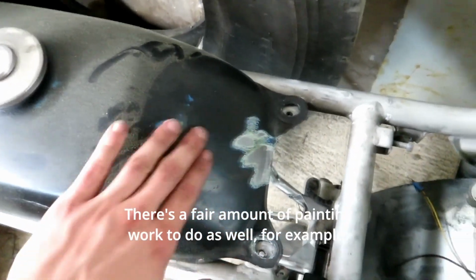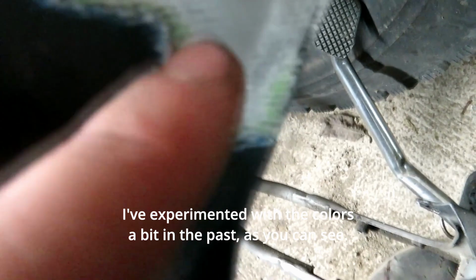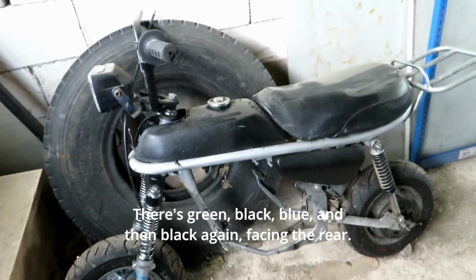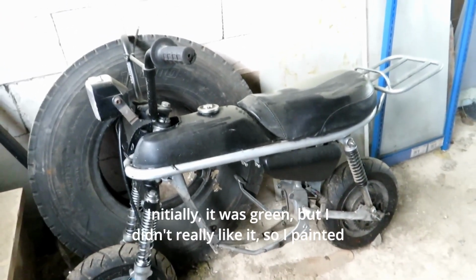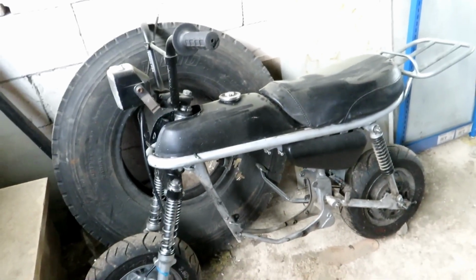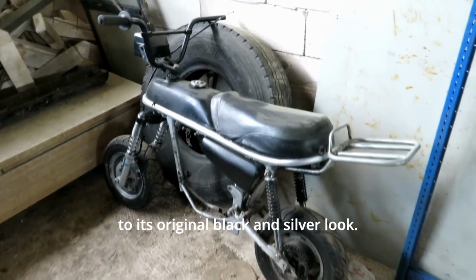There's a fair amount of painting work to do as well. For example, the gas tank needs to be stripped down to metal and properly painted. I've experimented with the colors a bit in the past. As you can see, there's green, black, blue, and then black again facing the rear. So, there are shades of green and black. The previous owner had sanded it down to bare metal for that reason. Initially, it was green, but I didn't really like it, so I painted it with Killicoli paint, and so, as you can see, I painted it blue a couple of years ago, but now it's back to its original black